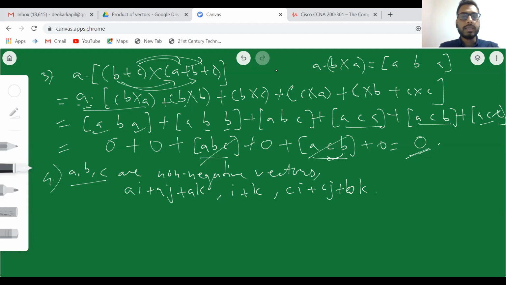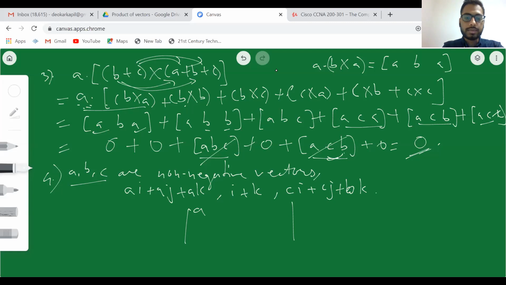It would be in arithmetic progression if the middle term is the sum of the extreme terms upon 2. So I can say it will be in AP if B is equal to A plus C upon 2. Similarly, it will be in geometric progression if the constant ratio is the same. Therefore, if B square is equal to AC, I can say that A, B, and C, these three terms, are in geometric progression. So pretty straightforward, you just have to simplify this.